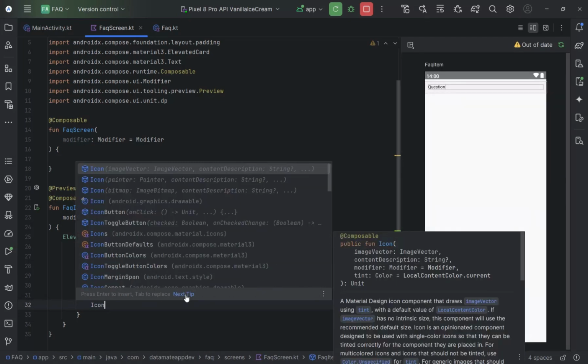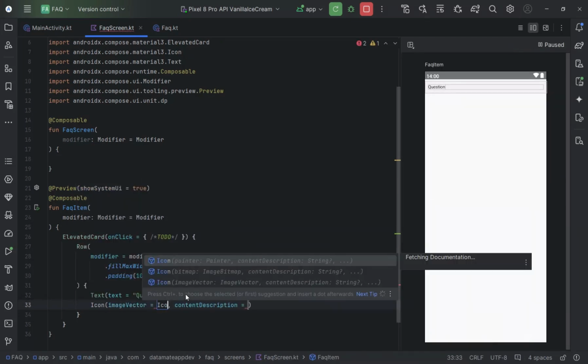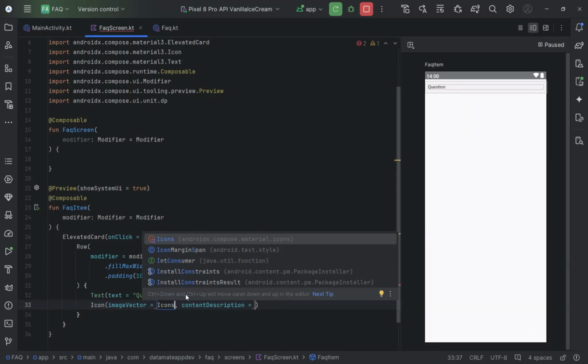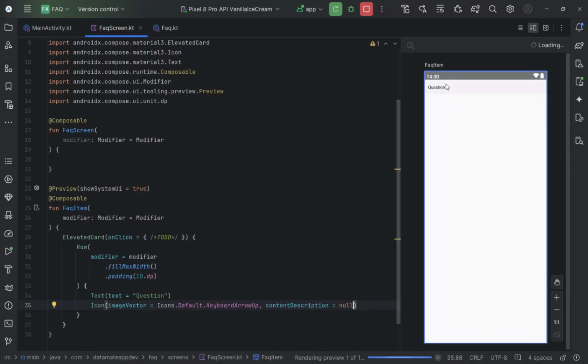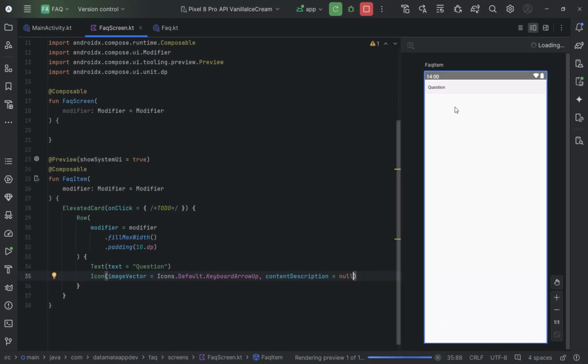Just going to give this one an icon, then it's icons.Default. Let's just give this one this arrow for now, with a null description. As you can see, we have our question here, and next to that we have that icon, but we need